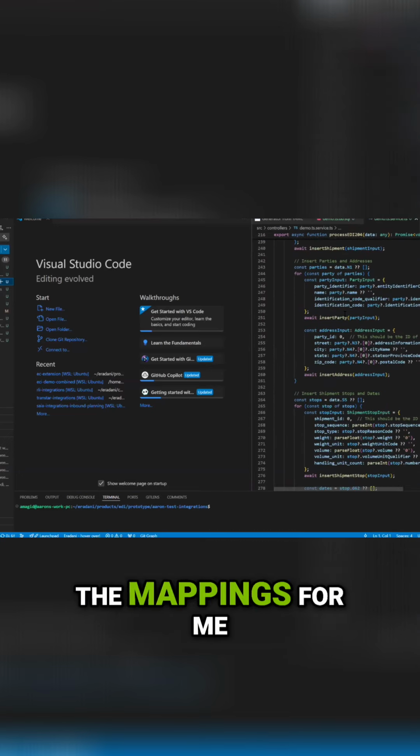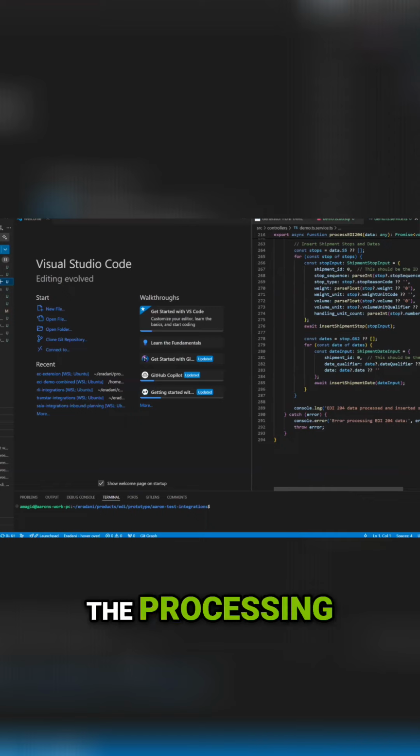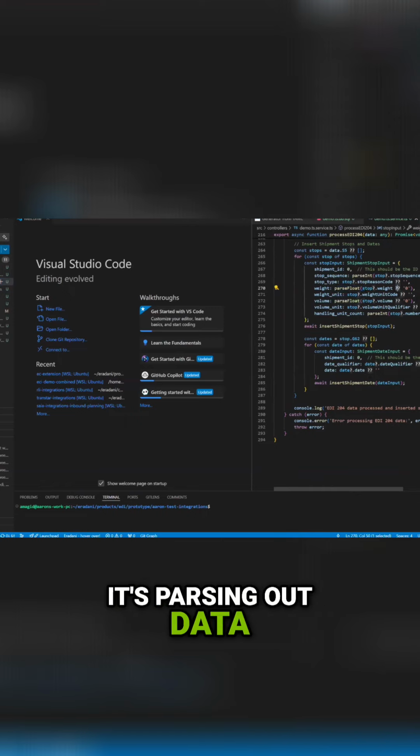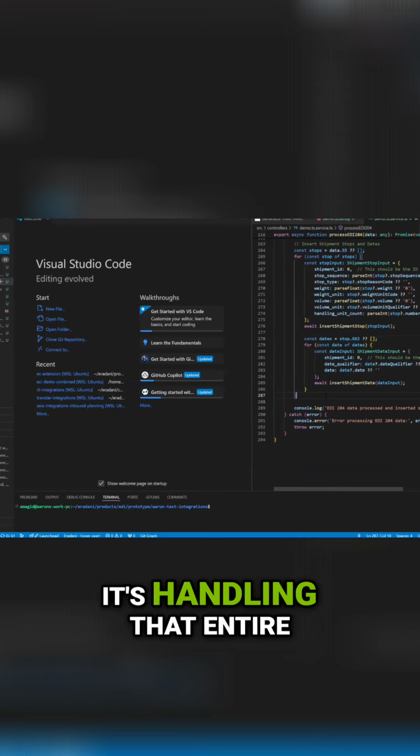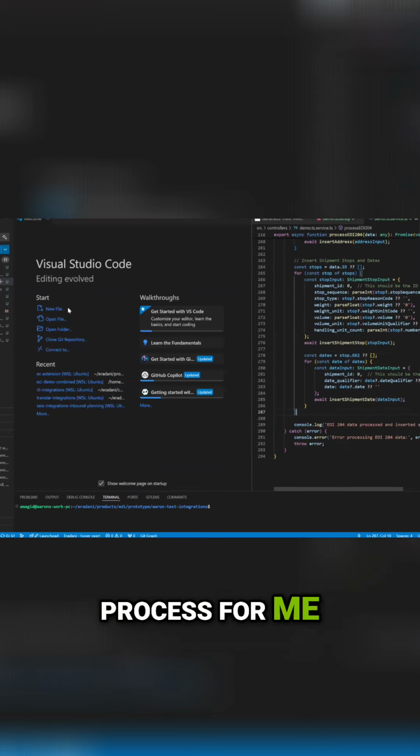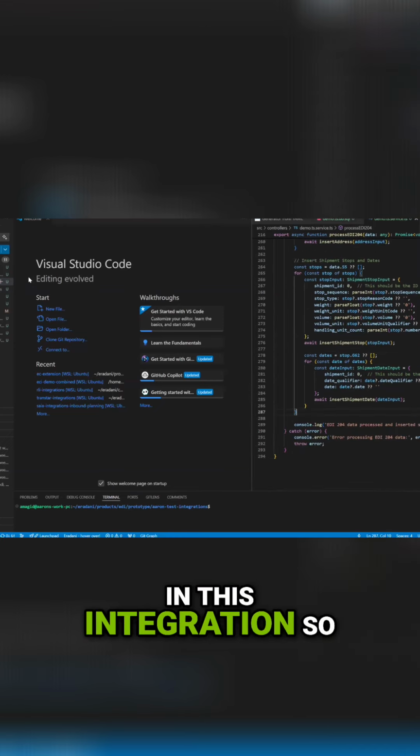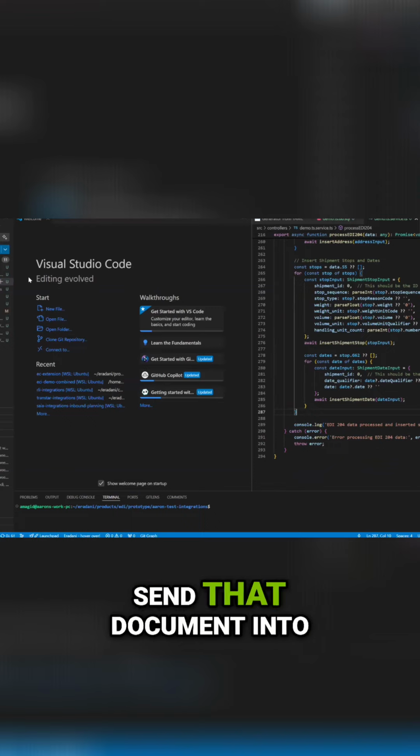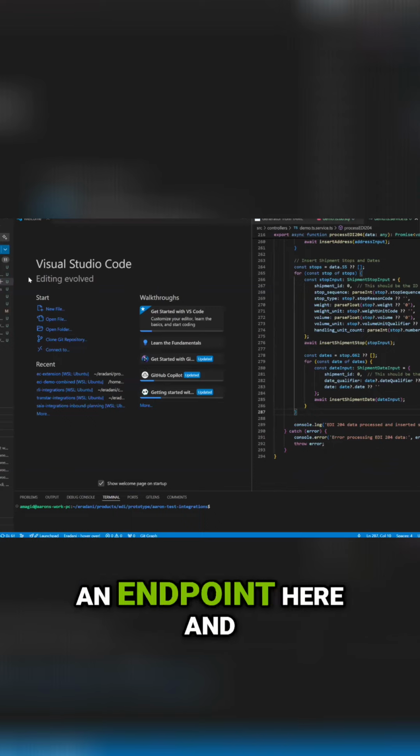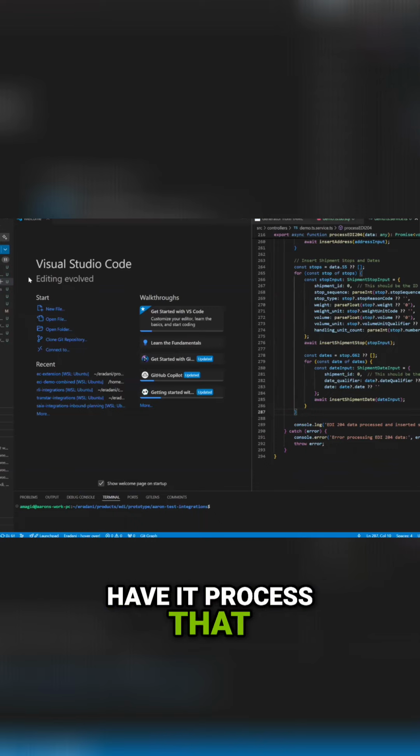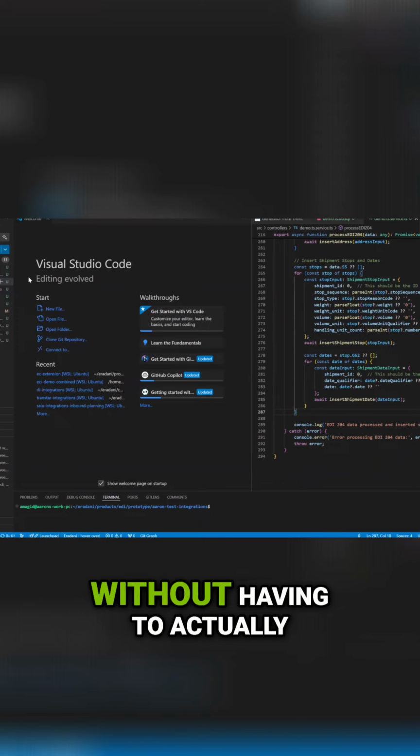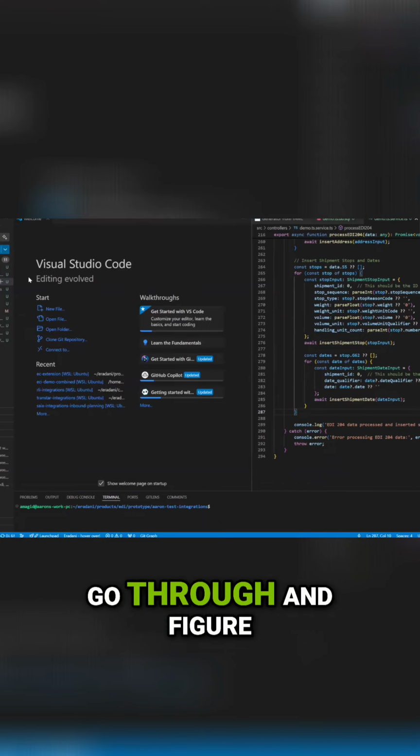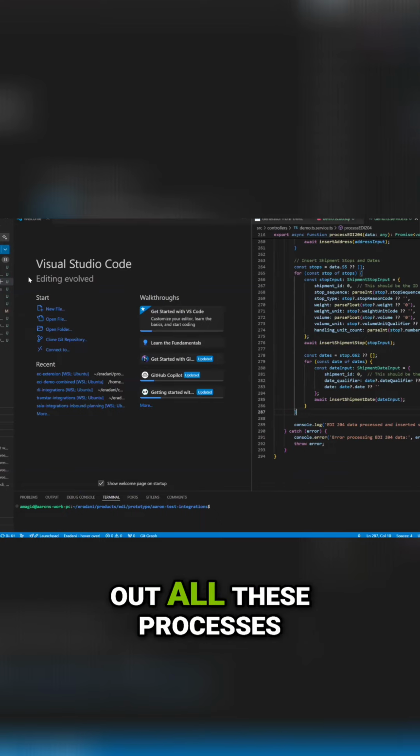So it's doing all the mappings for me. It's doing all of the processing. It's parsing out data using default values. It's pulling things out from looping fields. It's handling that entire process for me in this integration so that I can actually send that document into an endpoint here and have it process that new document minute one, without having to go through and figure out all of these processes. So this